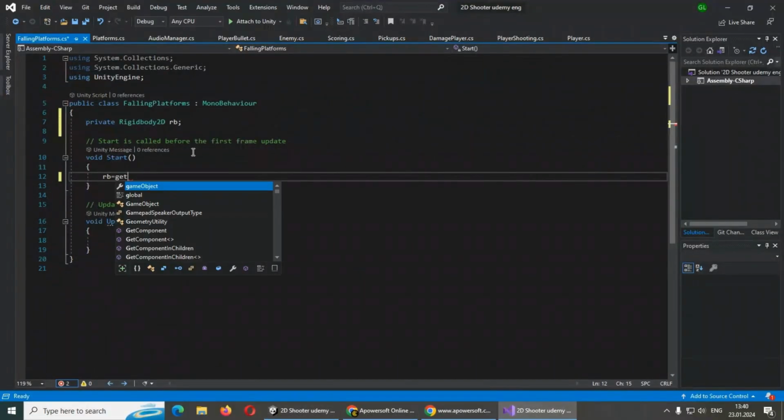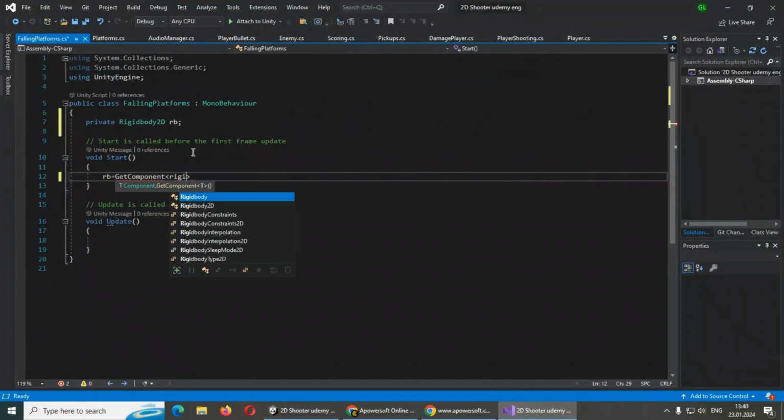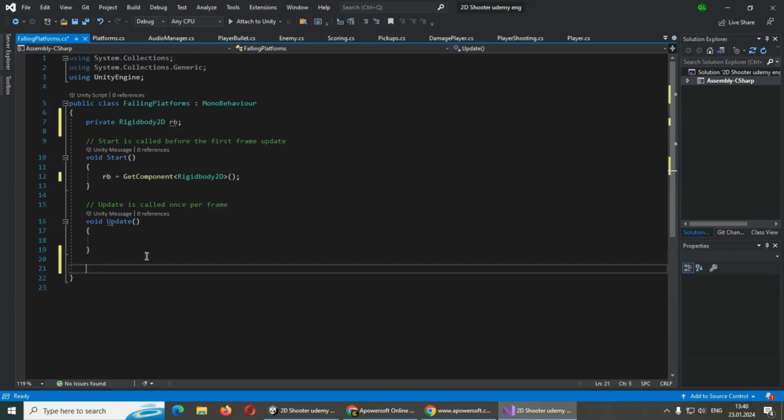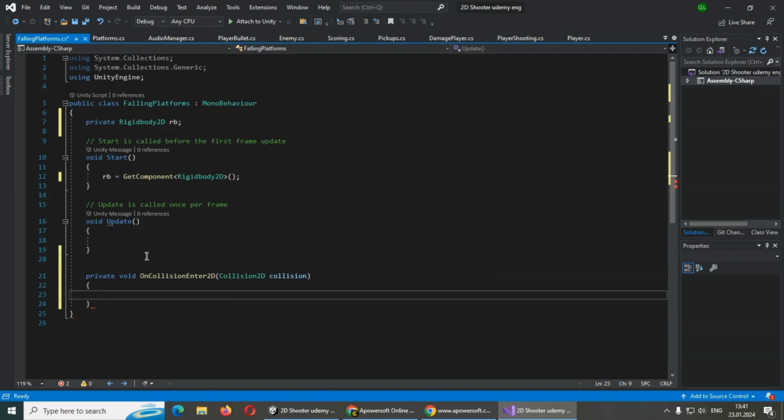So we can use the GetComponent method, and the component name is Rigidbody2D. That's it. Now we are able to use this rb. Now, we will use a special method which is OnCollisionEnter2D, and this method is called when two game objects collide basically,